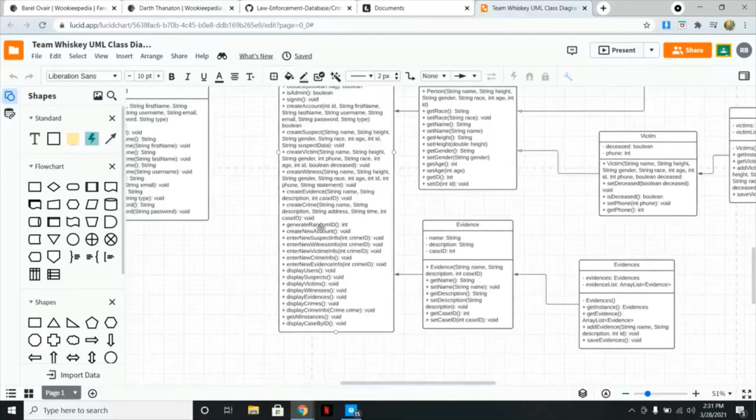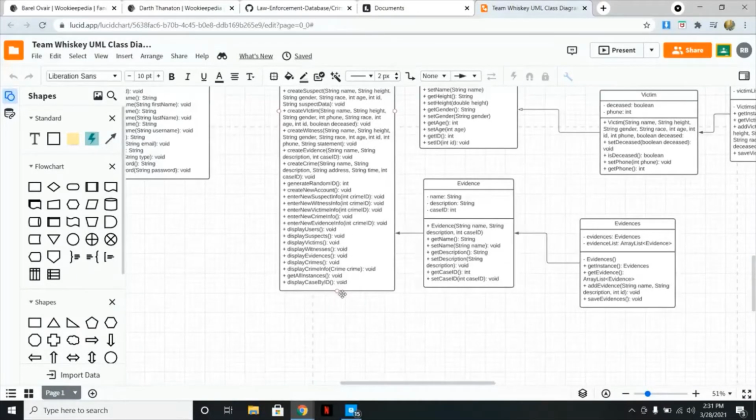Finally, we have a random ID generator for generating information about our users. We create new accounts. We can enter information about suspects, witnesses, victims, and crimes. We have the corresponding display methods. And finally, we have a method for getting all of the instances currently in play and for displaying the current